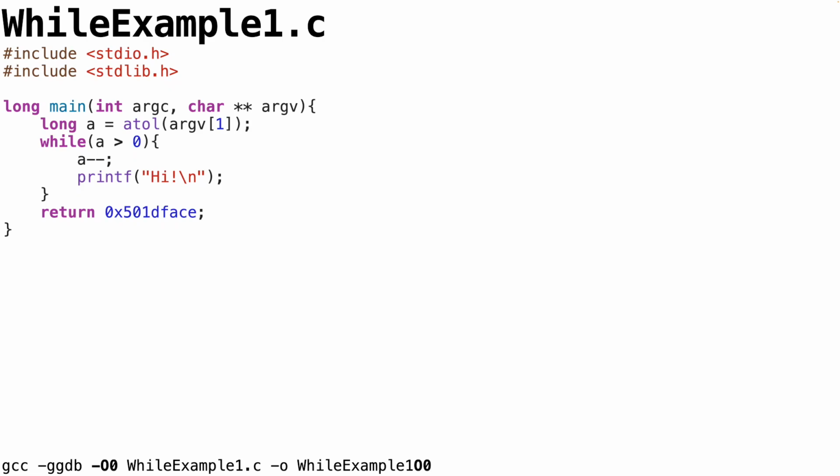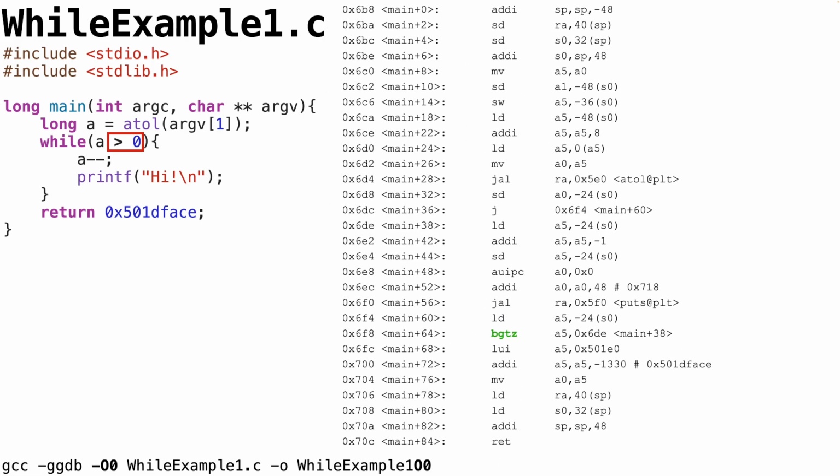Now we have another common example of control flow, a while loop. So we take an input from the command line, put it into A. While A is greater than 0, A minus minus, print "hi", and return so long when you're done. So emphasis on the A greater than 0 check because when we look at the assembly, we have a branch